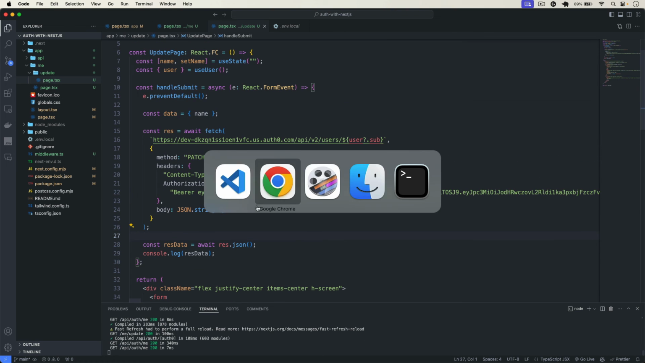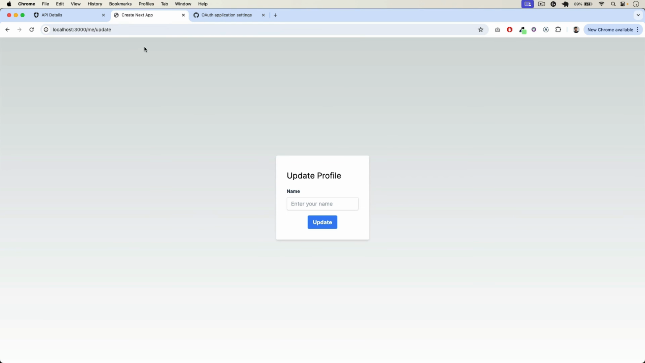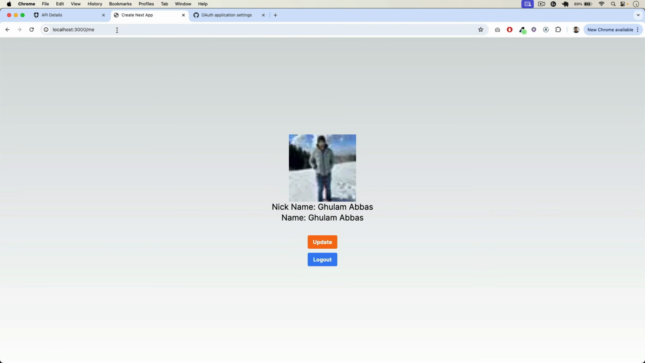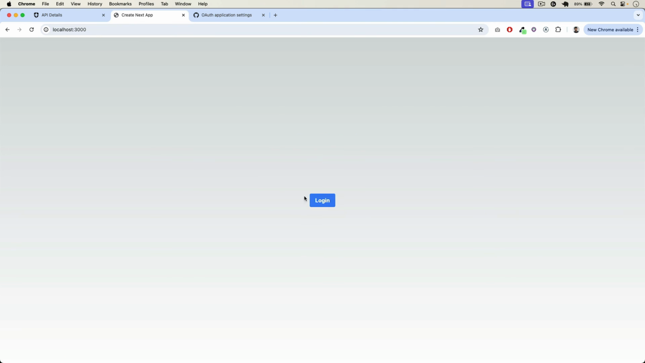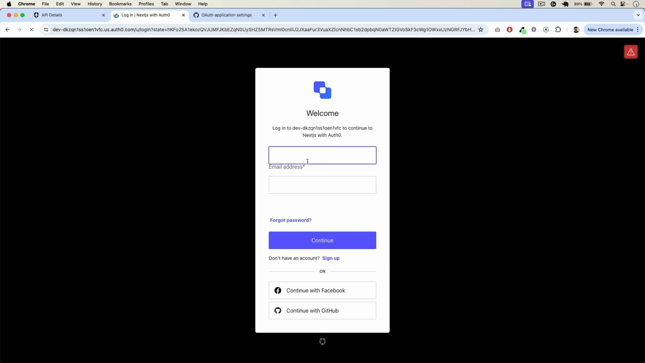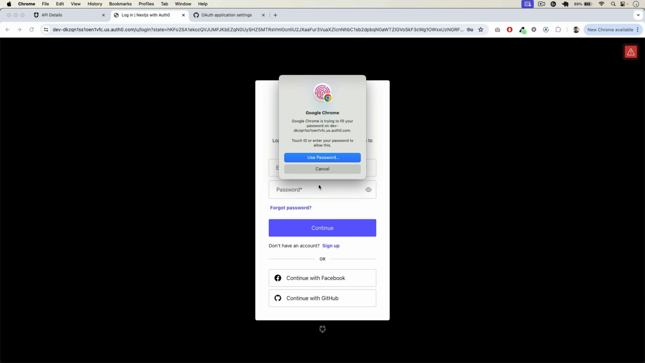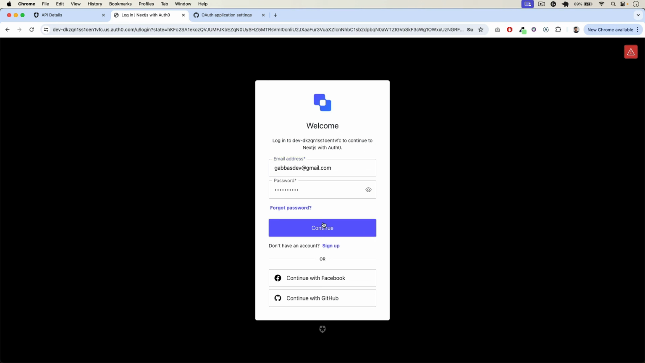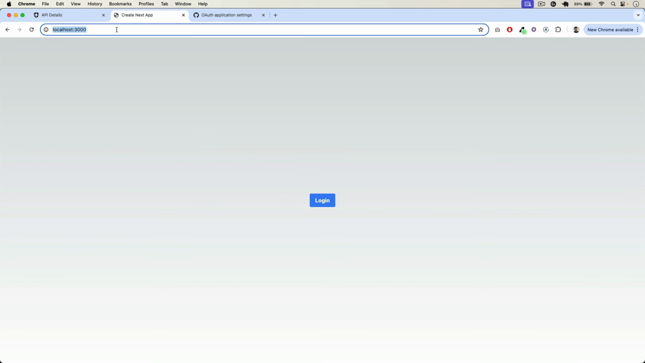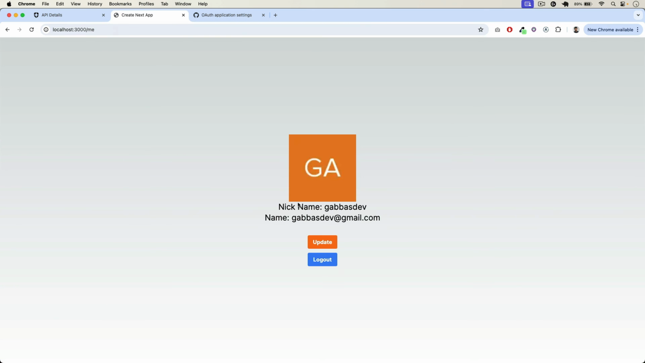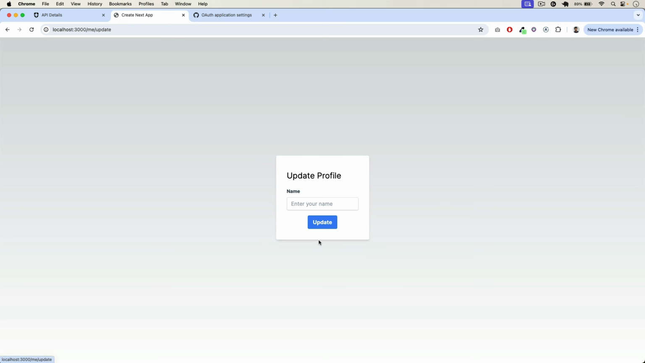First of all, go back, and now let's log in with our email and password. So I log out from here, then I click on login, and let's log in with our email and password. So I will type in here and click on continue, and now let's update the name of the user. So now I will go to /me. Now let's update the name. I go to update, and I type here, for example, my name, and now if I click on update,